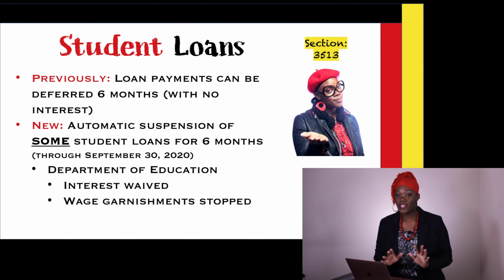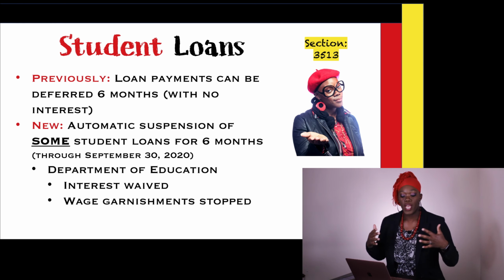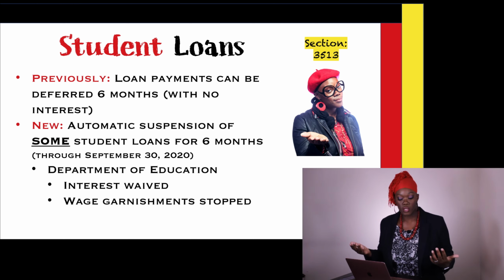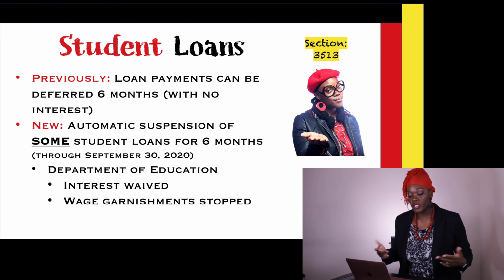So previously, this is the third economic stimulus package that has been passed. I don't know if you know that. I didn't know that. But anyway, this is the third one. So with number 2, the student loans, just the interest was deferred for 6 months. I'm sorry, this says loan payments, but it was actually just the interest that got deferred for 6 months. So if you look at your student loans, you'll see that it says 0% interest. Those interest payments have been decreased.